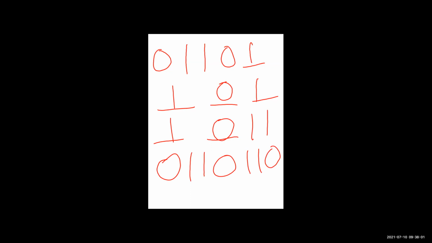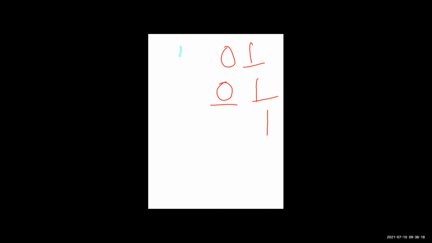So this way: 0, 1, 1, 0, 1, 1, 0, 1, 1. These numbers are repeating over and over again. It is called a pattern of numbers. You have to first identify whatever is given to you, observe it properly, and you will get the answer. Now over here I draw 1, 2, 3, 4.